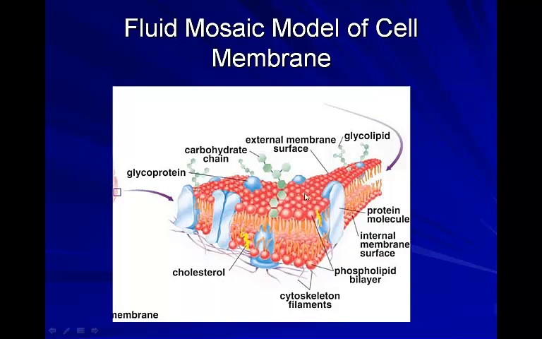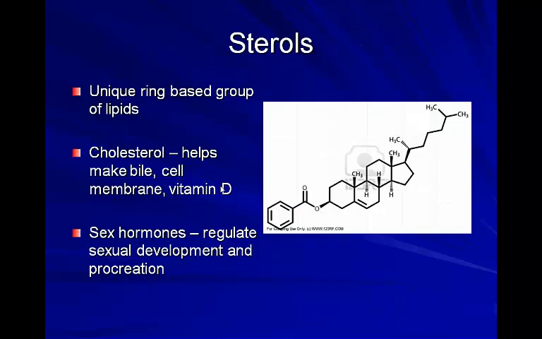And on that note too, so you've got the phospholipid bilayer, when you see this glycolipid here, again, it has a sugar component and it also has a lipid component. A lot of these glycolipids and glycoproteins as well are used as recognition molecules so that cells know who they're next to, so they can know who they're working with, or if they're maybe next to a bacteria or virus, so that our immune system will get stimulated to engulf that and get rid of it. So glycolipids and glycoproteins play huge roles in recognition of self and recognition of foreign antigens.